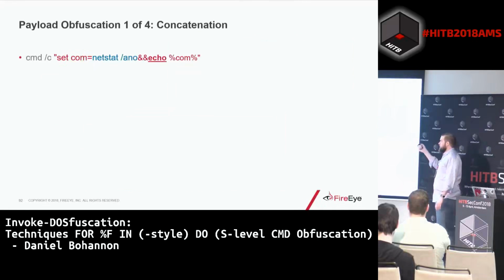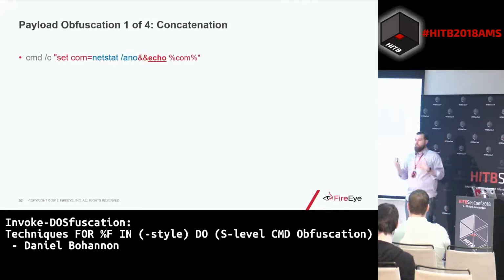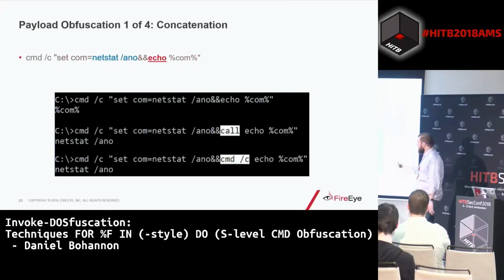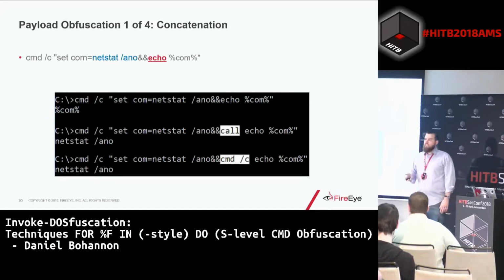So what we're going to do is we're going to take our command and we're going to set it into a process level environment variable. In this case, we'll just call it com for command. And let's just echo that com just to make sure it actually set the value right. Now, if we echo it in the first example here, we actually don't see the value. We just see %com%. And the reason is that cmd.exe is not going to automatically expand that value in the